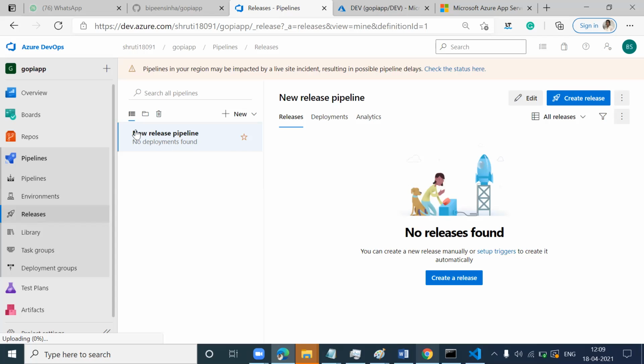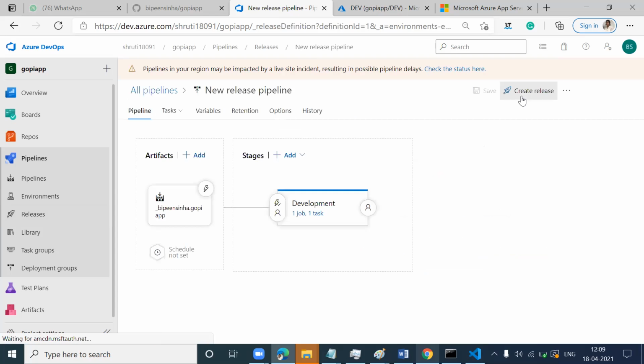Click edit. So this is how it looks, right? Artifact, you see the arrow goes straight to deployment, right? Development.